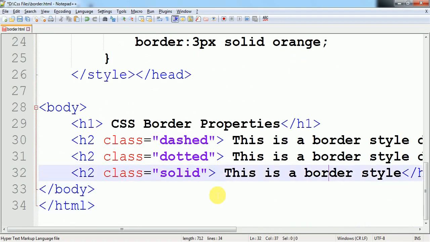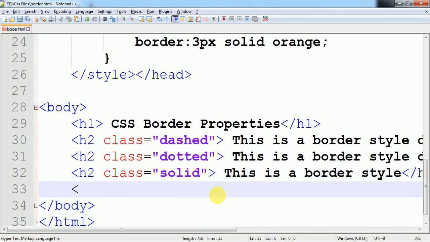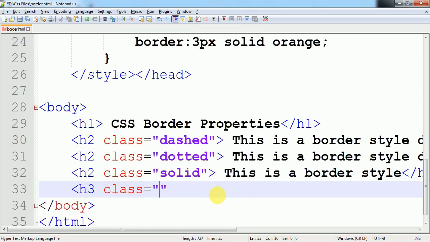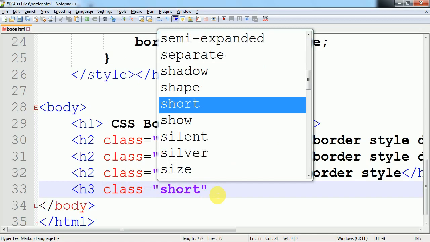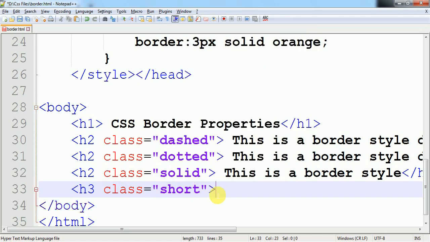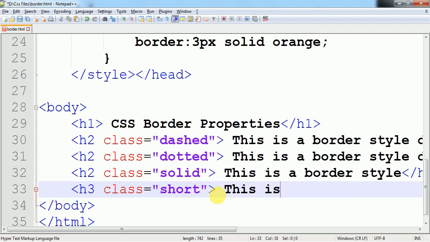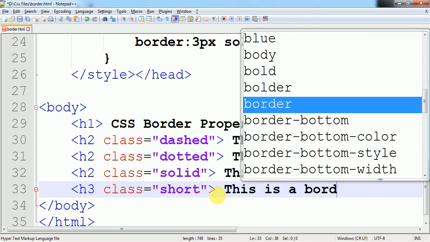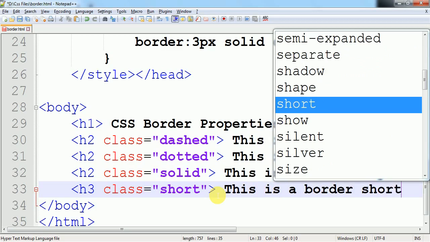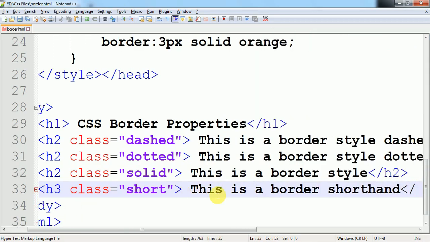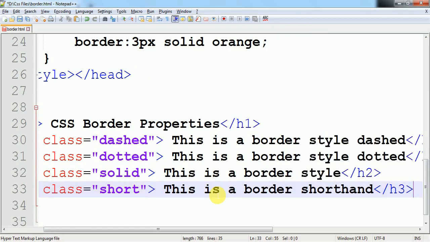So here I use the next property, H3, and the class name is short. Close this. So this is a border shorthand, and I close this H3.